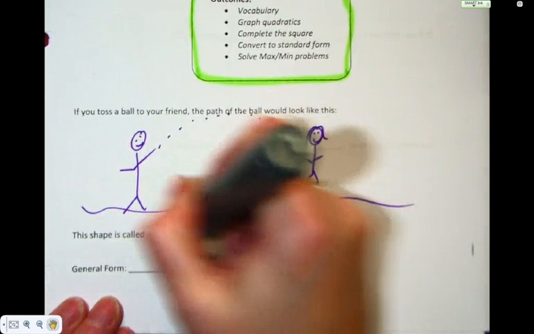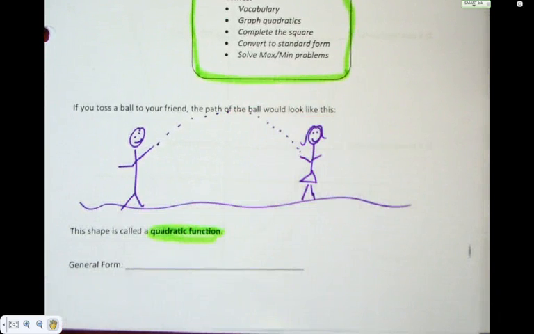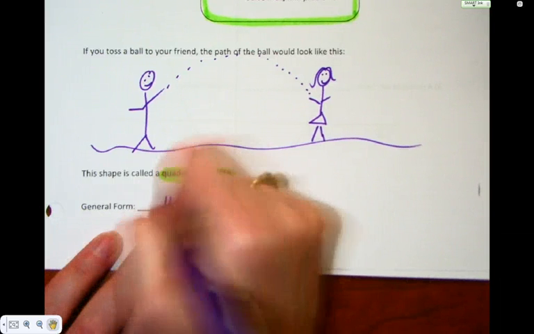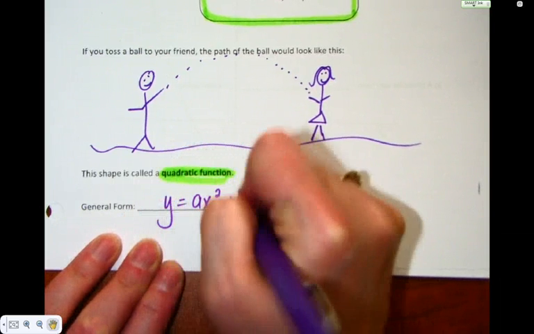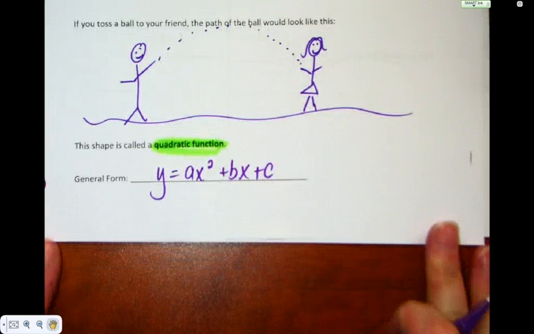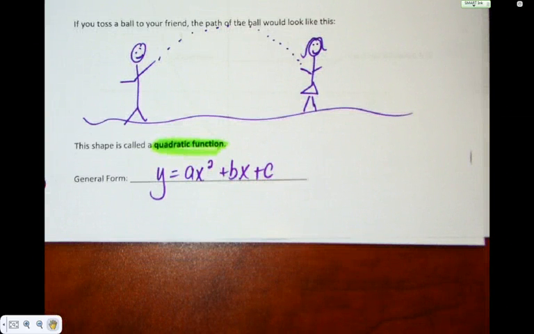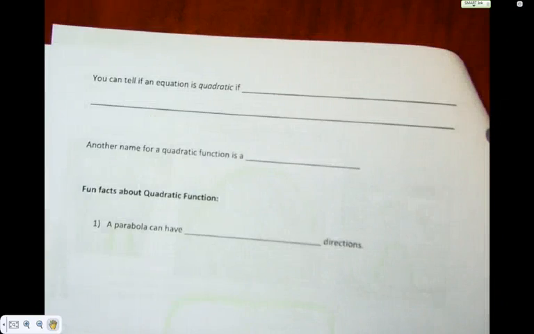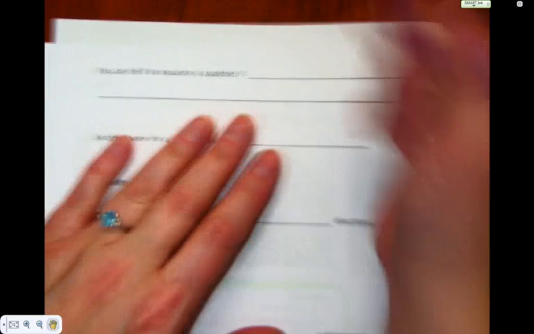This shape is called a quadratic function. Not in the math world. General form looks like y equals ax squared plus bx plus c. Where have we seen that before? Last unit. Yeah, last unit and all the factoring that you did all the way since grade 9 all had to do with quadratic equations. You can tell if an equation is quadratic if the highest exponent is 2,